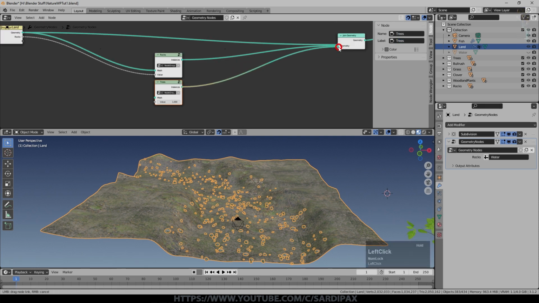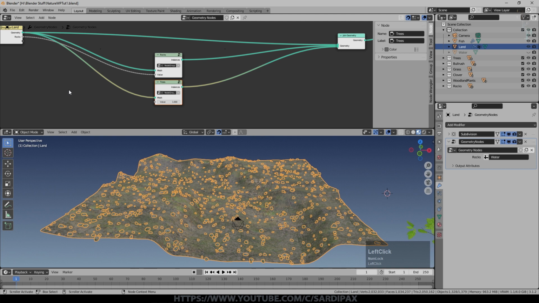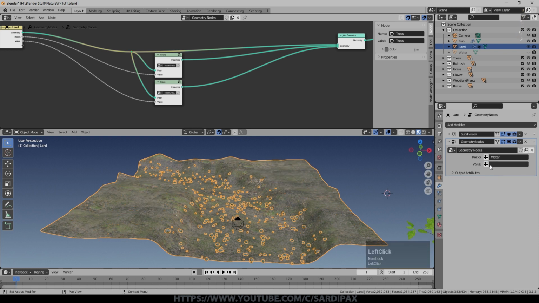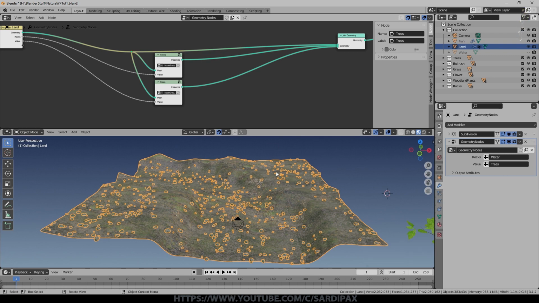I'm just going to connect it up here at the moment, and I'm going to connect it here. So the mesh obviously connects as before. I'm just going to link those 2 together just to make that a bit easier to look at. And then I'm going to link this value input up to its own input here. You can see we've got rocks all over the place now because it's not using the water option. We'll click the little flag symbol and we'll go for trees. Now you can see we've just got some rocks appeared where the trees are.